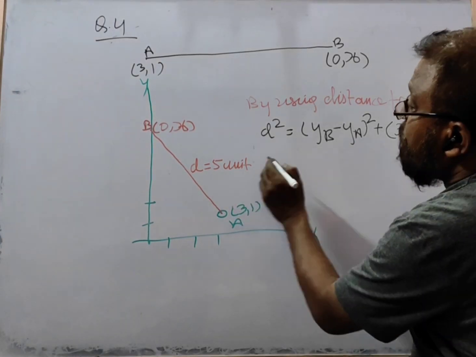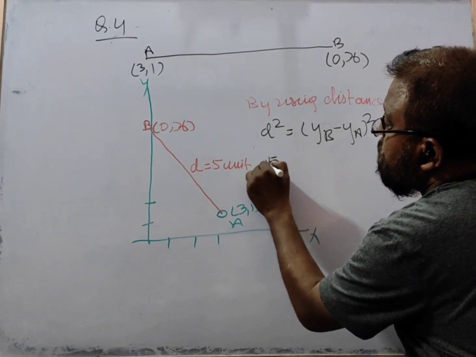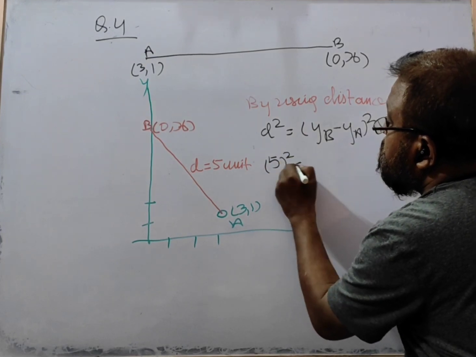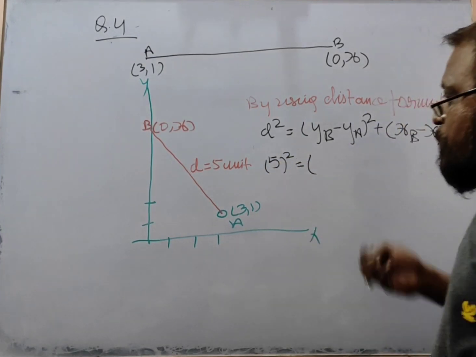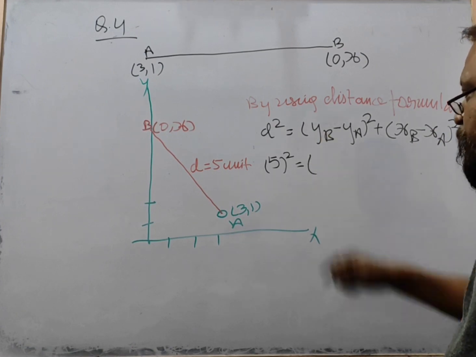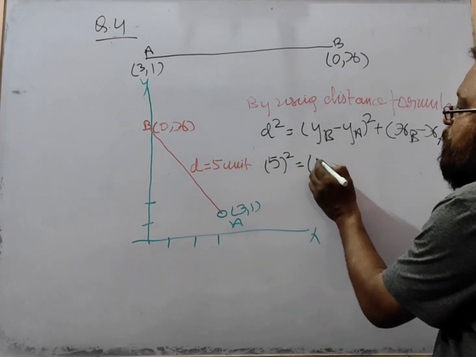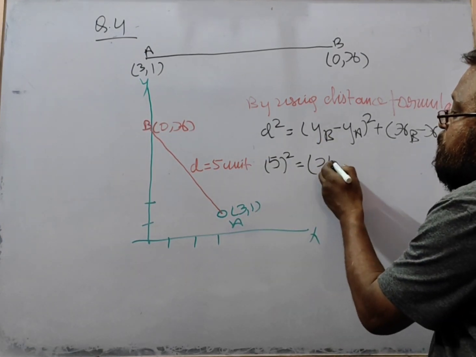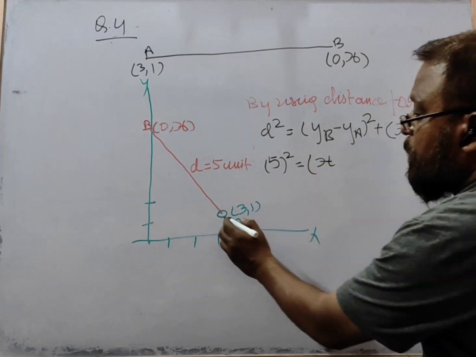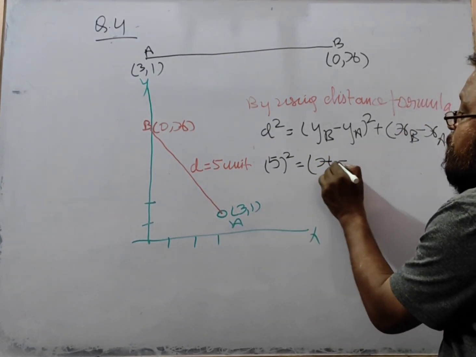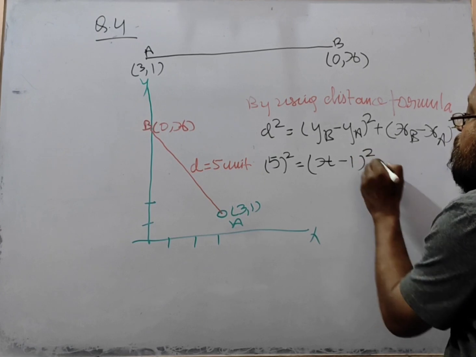So d is 5. So 5 square is equal to yb minus ya. yb is x and ya is 1. So x minus 1 whole square plus